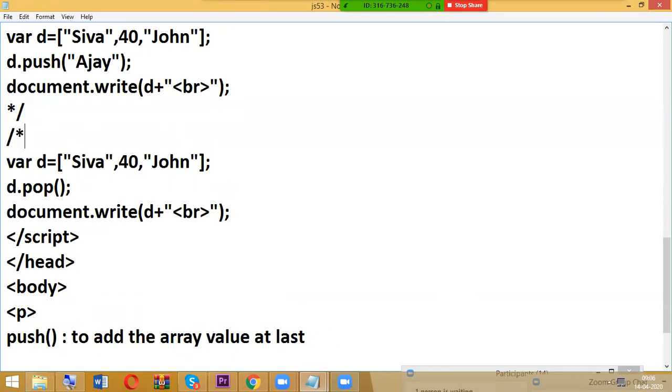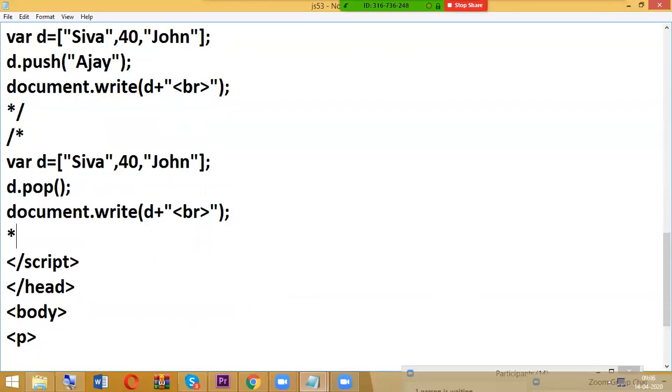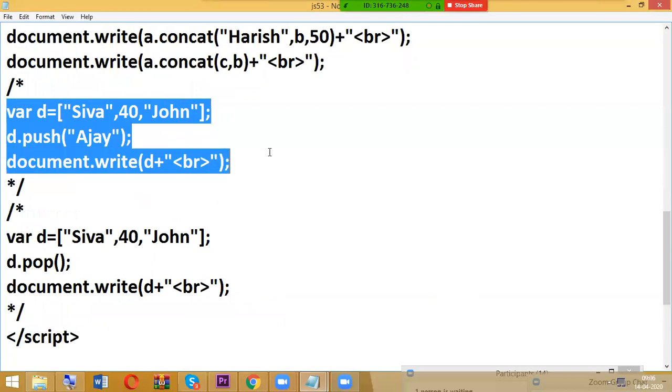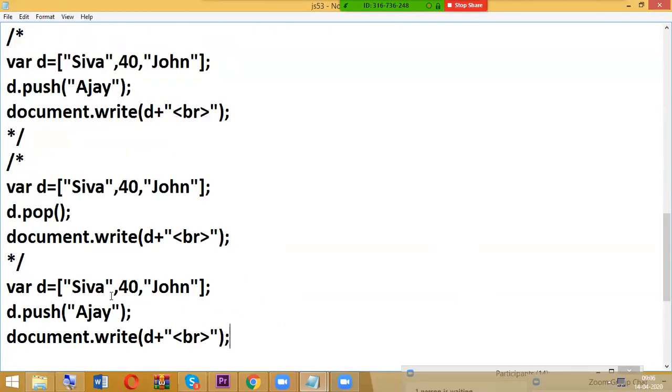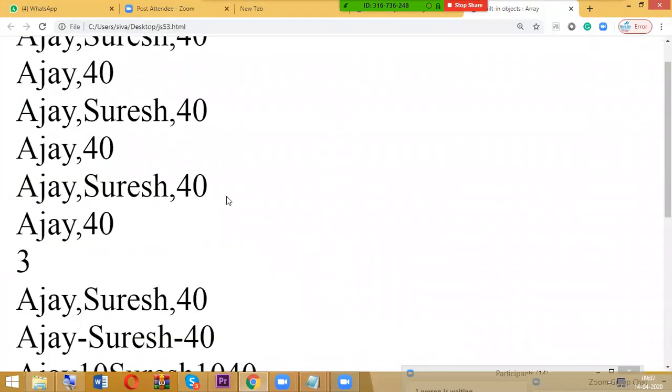So as usual, to avoid confusion, the same thing I'm copying here. I'm typing unshift here. This is also one of the methods. Now go and check the output.